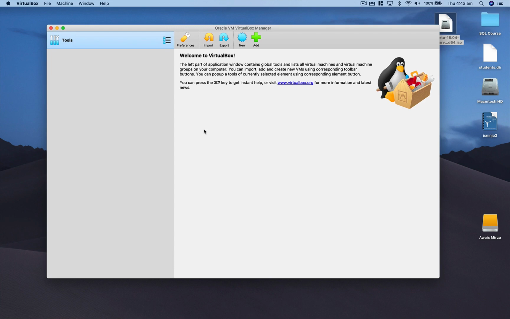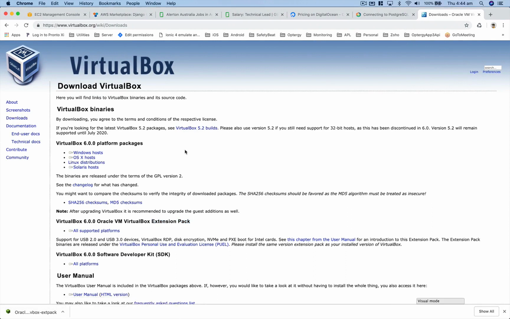Now, in this video, we are using the latest version of VirtualBox, version 6.0. As you can see, the UI has changed and it looks much better, I guess. So we're going to take a look at some of the new features available in VirtualBox 6.0 as well. Let me take you to the installation page. So if you go to